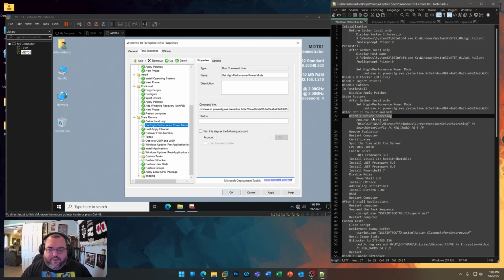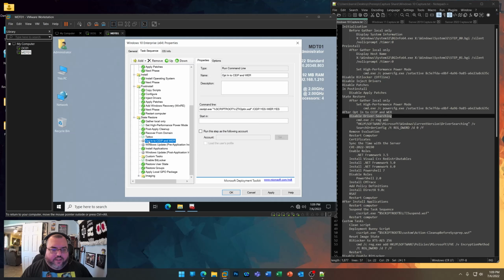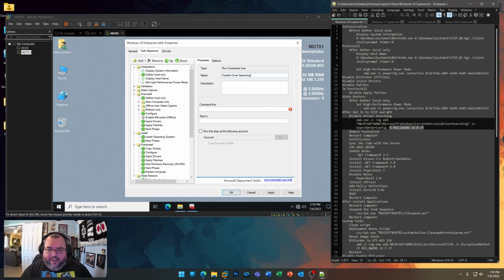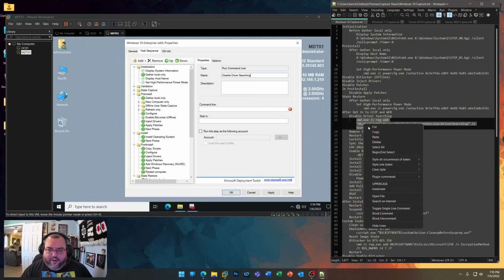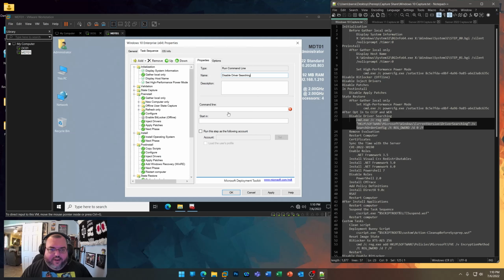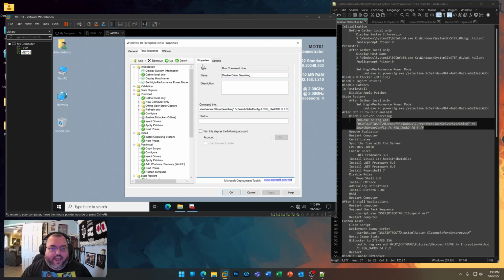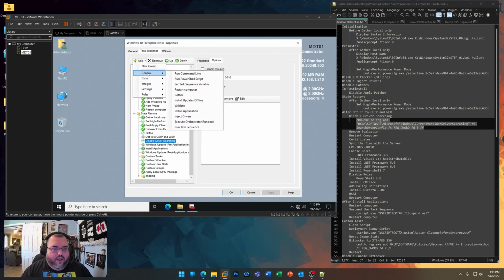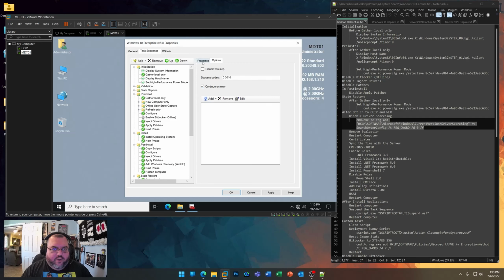Now we're going to disable driver searching underneath this opt-in to CEIP. Okay, run command line, disable driver searching, and it's going to be this command here, cmd.exe /c reg add, and this registry key we're going to set. Okay, now we're going to, of course, after the deployment, reset that to true, but right now we're disabling that. Okay, now underneath that, we're going to click install, add general, install application, and this is continue on error,